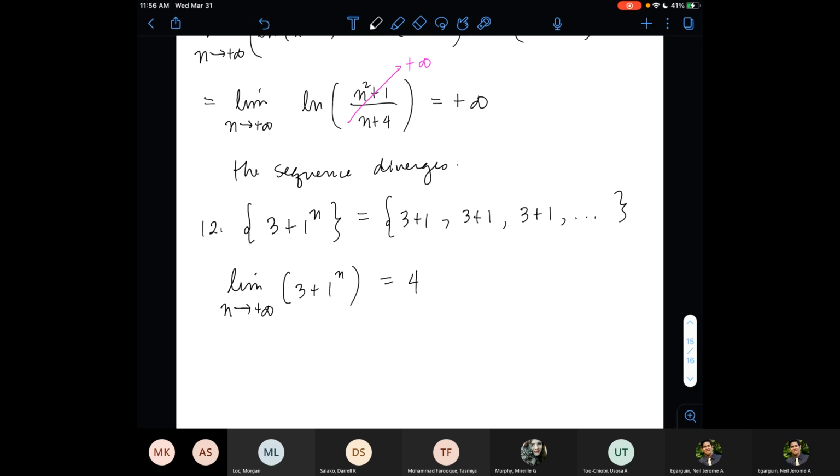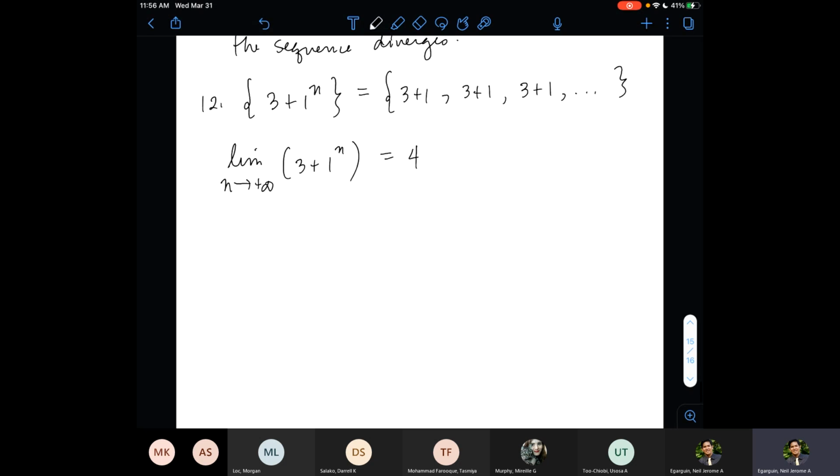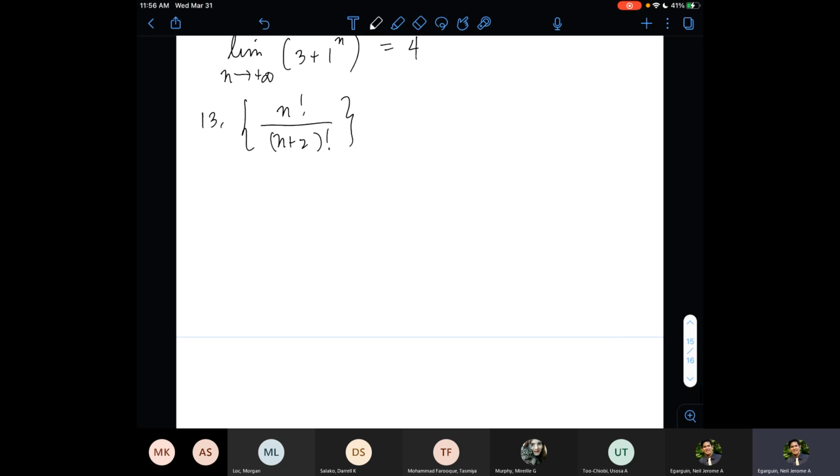Okay. So, I think I missed one question from Michael. I hope Michael is still here. Michael, you sent this one earlier, n factorial over n plus 2 factorial. So I think we addressed it or a similar problem before, but in case you missed it, what you can do here is try to expand the